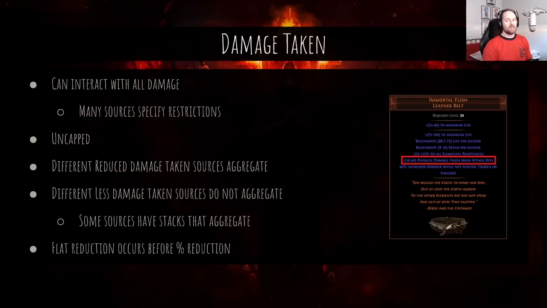Some sources of less damage taken, though, do have stacks that aggregate. I would say Fortify is probably the most common example of this. So Fortify, every stack of it gives you 1% less damage taken, but the number of stacks you have, all those add up to one single multiplier. So if you have 20 stacks of Fortify, you have 20% less damage taken from hits. So the stacks aggregate, but still that total value will always be multiplied against the other sources of damage taken,